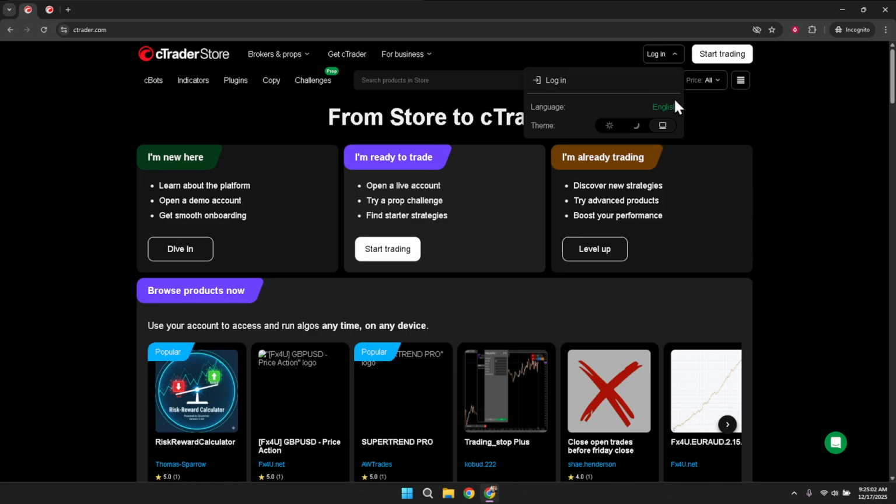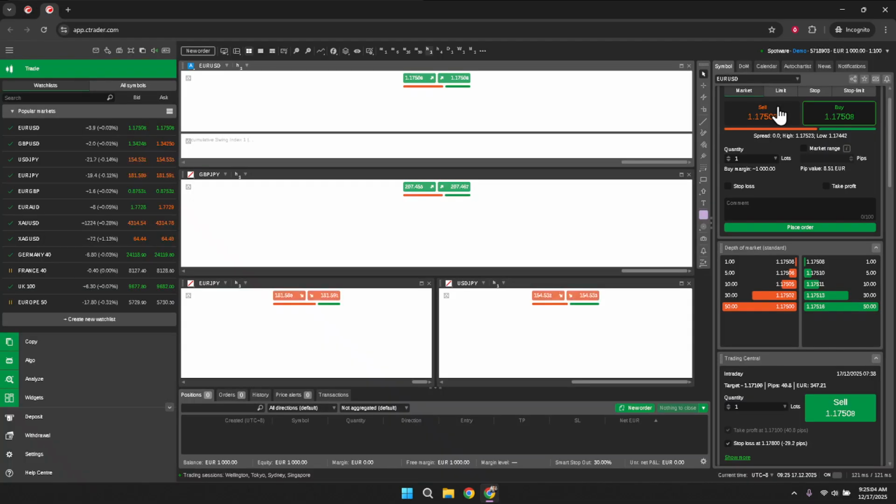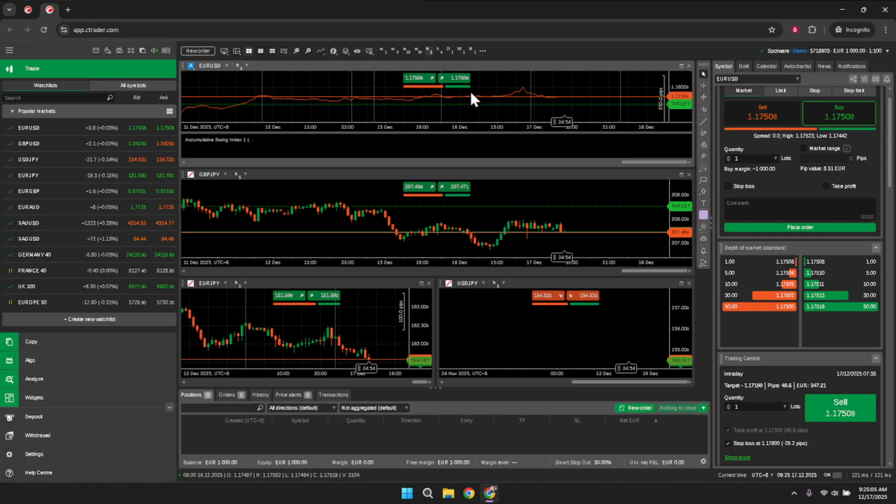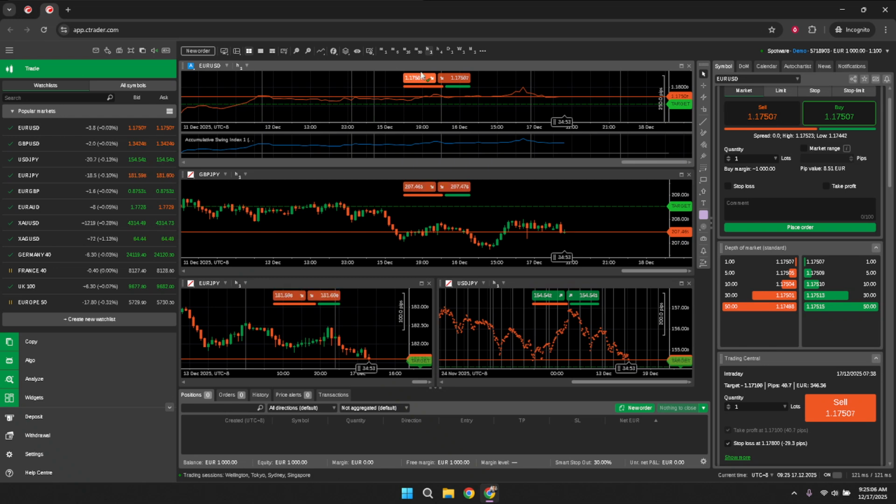Inside the trading app, navigate to the order panel for the market you want to analyze. Locate the volume field, which is where you define the size of your position. Click directly on the volume area to open the context menu. Think of this menu as your real-time risk snapshot. It shows the current pip value and trade value for both buy and sell right next to each other so